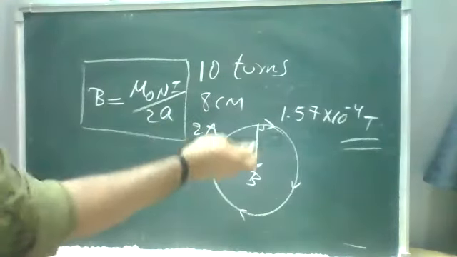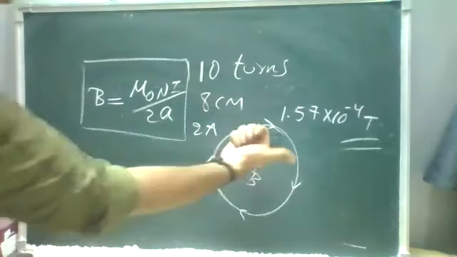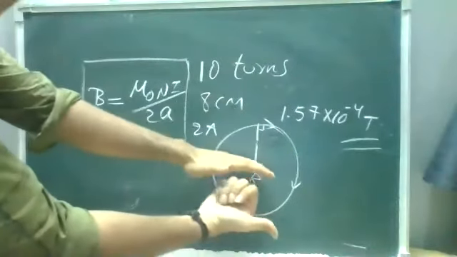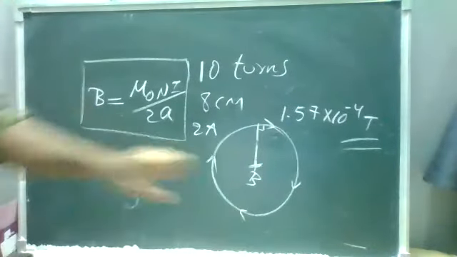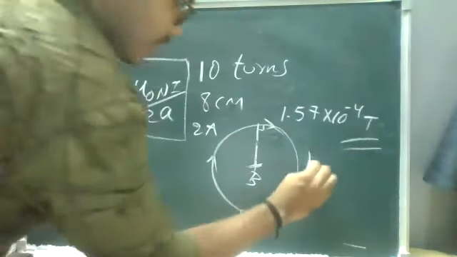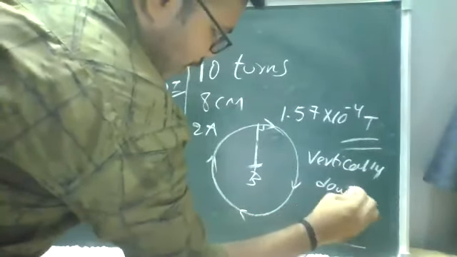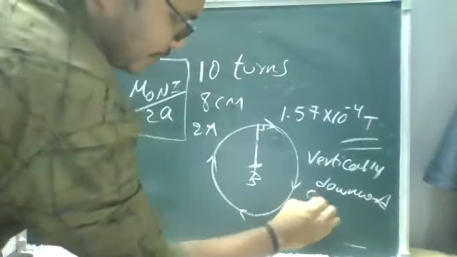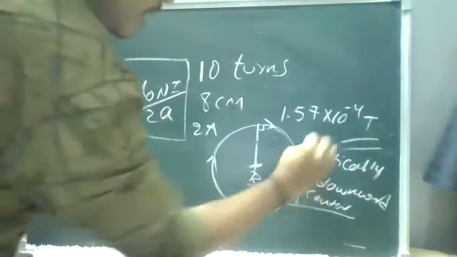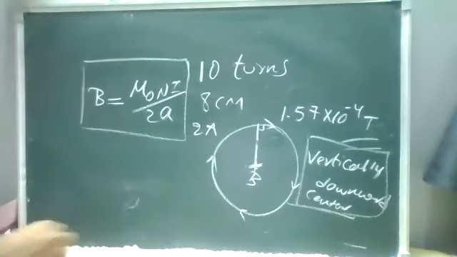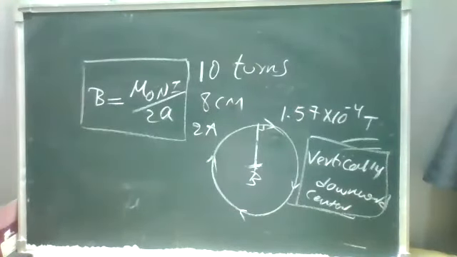You have to mention with respect to the vertical or horizontal directions itself. On the vertical direction, it is inserting inside. So you can mention vertically downward direction at the center for this magnetic field. When the question mentions south to north direction, you can mention it specifically. Otherwise, for a circle, discuss in terms of downward or upward.